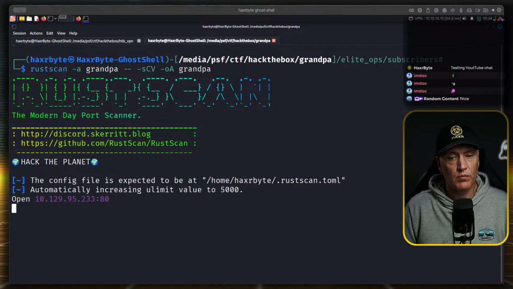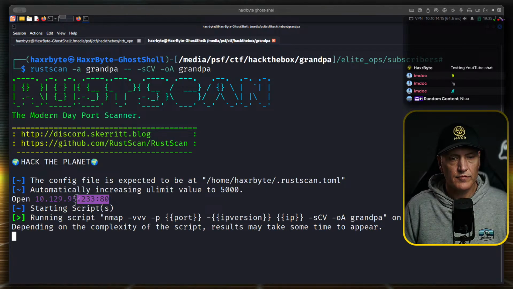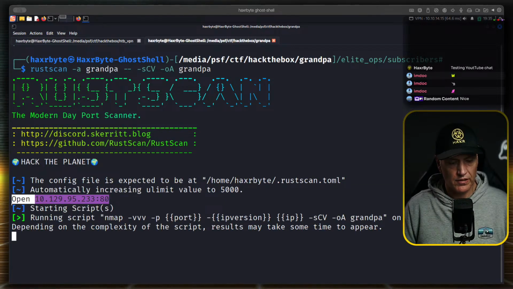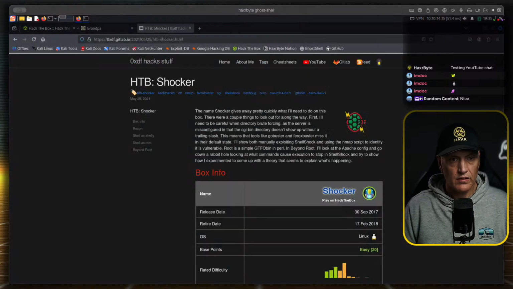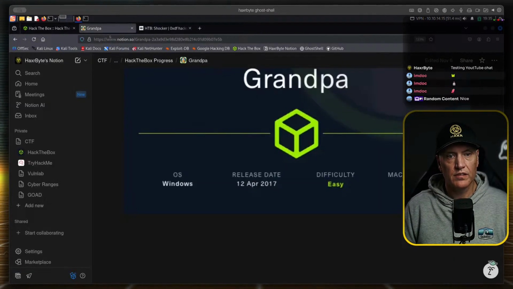It's found one port. One port so far. Okay, we can make a note of this. Always a good idea to keep notes.